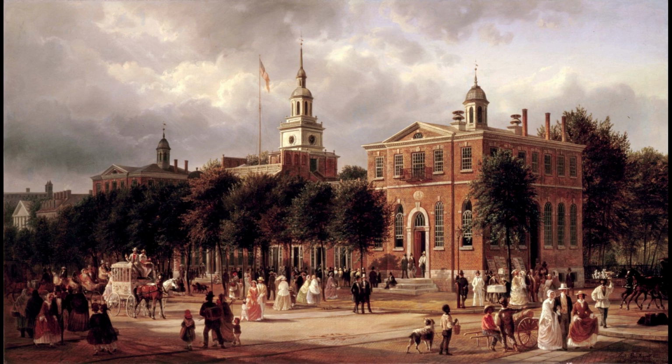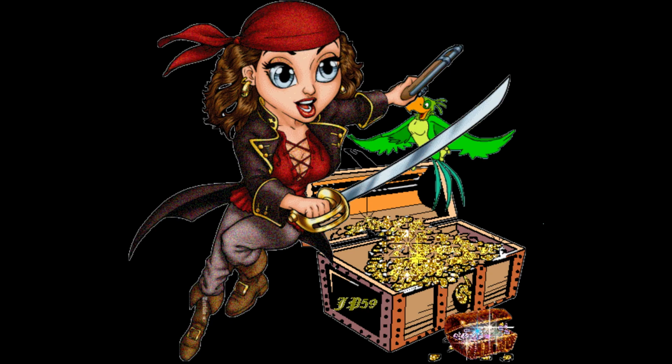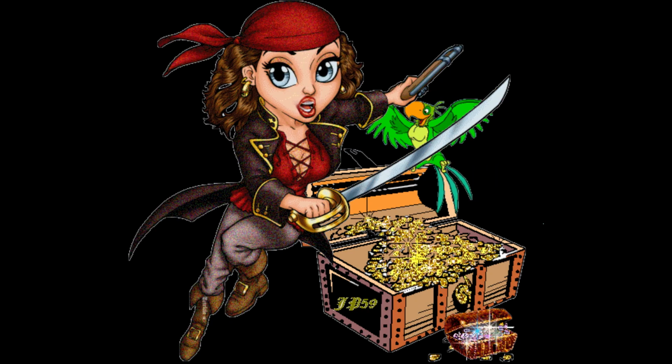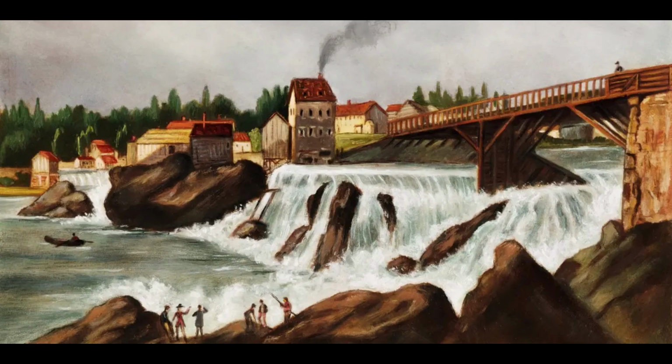In the late 18th and early 19th centuries, the United States was a fledgling nation, rich in resources but lagging in technological advancements. Intellectual piracy played a pivotal role in closing this gap. As the country absorbed and replicated the manufacturing secrets of Europe, particularly those of Britain, it experienced a surge in